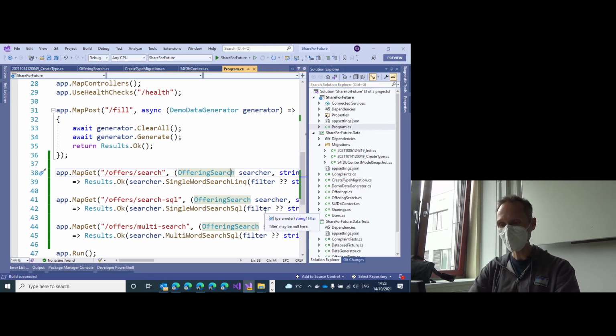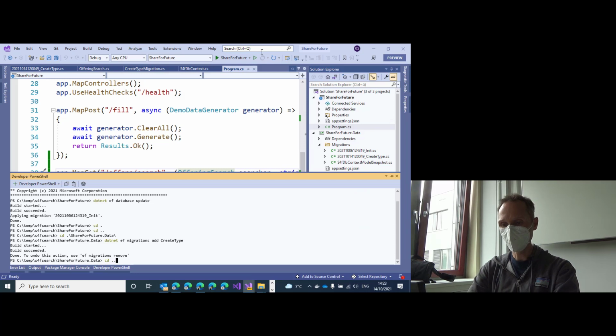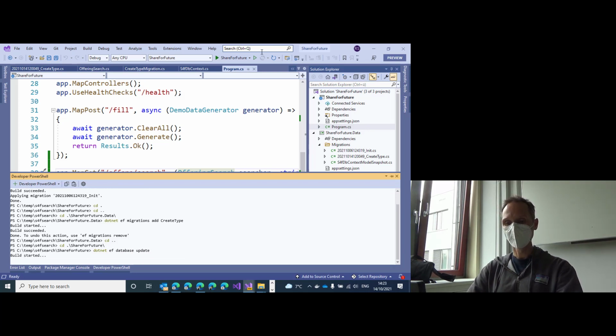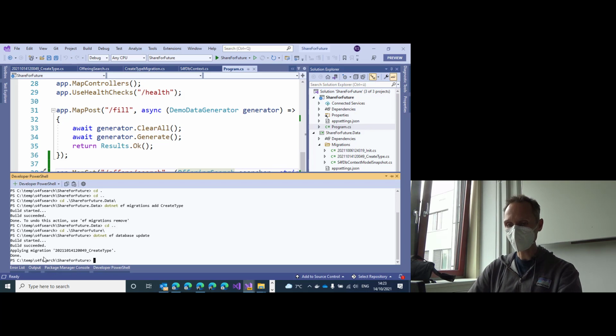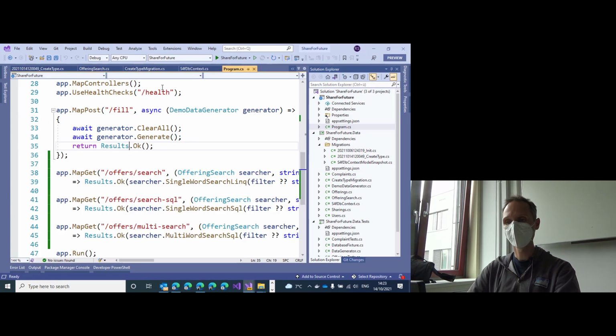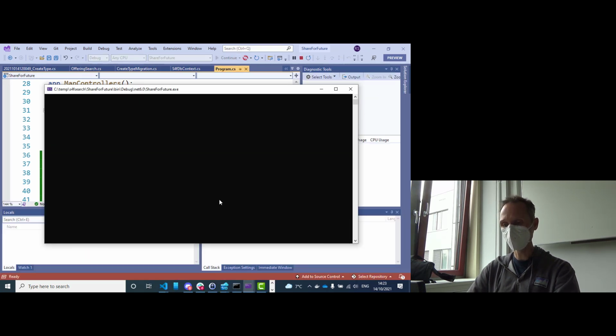Don't forget to update your test database. So don't forget to go into the terminal, go into the Web API project and do the .NET EF database update. That will deploy the migration to your production database, not your test database, but this time your production database. If everything works smoothly, you should see an output like applying migration create type. And if that was successful,